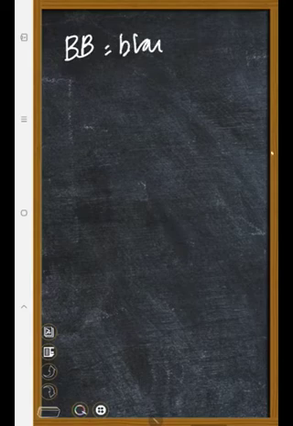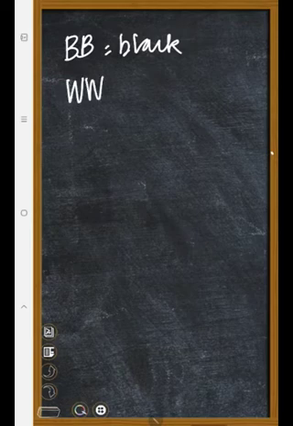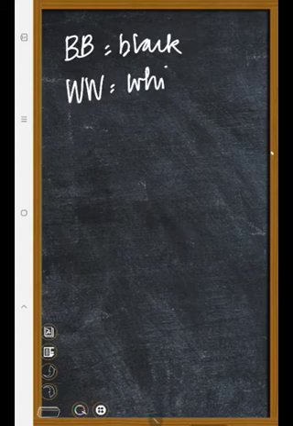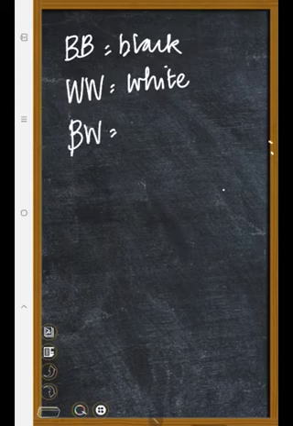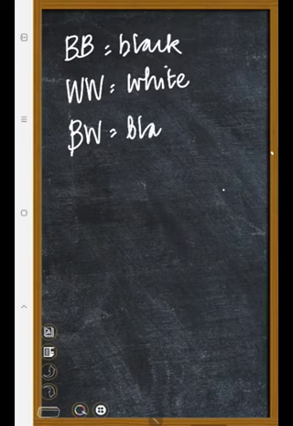Practice problem number 2. In a certain breed of chickens, plumage can either be black, big B, big B, white, big W, big W, or speckled, a mixture of black and white feathers, big B, big W. That is how we're defining the mode of inheritance of feather color or plumage in this type of chicken. The black chickens are homozygous for black, the white chickens are homozygous for white, and the heterozygous chickens, BW, have a mixture of both black and white